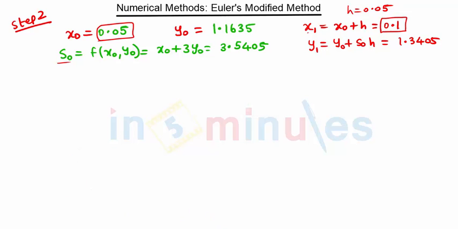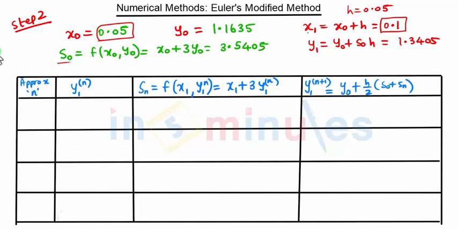Now we will draw the table. So now the table will remain exactly the same. All the formulas will remain exactly the same. Only the values are changed here. So we will again have the approximate n, and n will go from 1, 2, 3, 4 till we get this box equal to this box. So we have y1 of n. So here it will be y1 of 1, y1 of 2, y1 of 3, and y1 of 4. So here we have y1